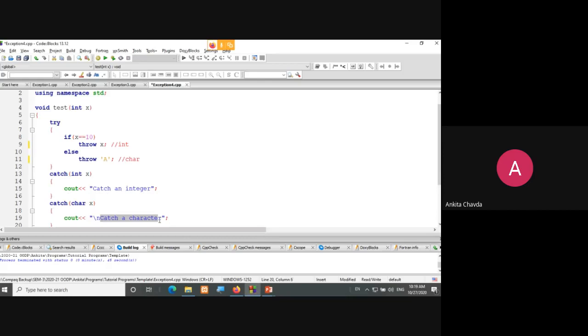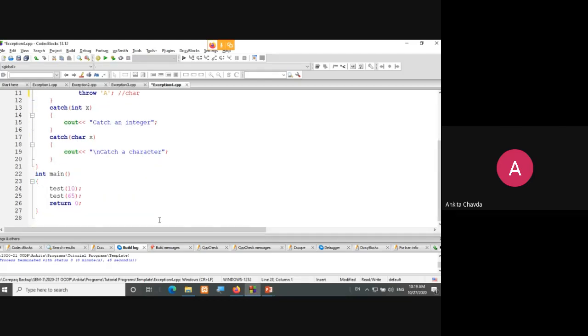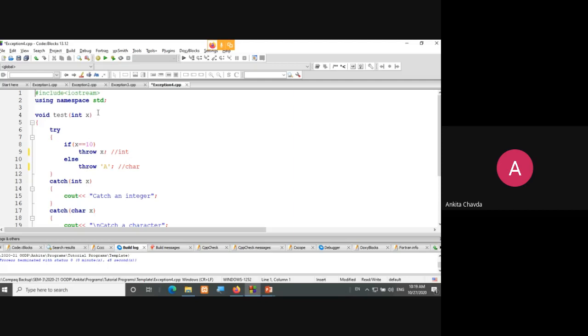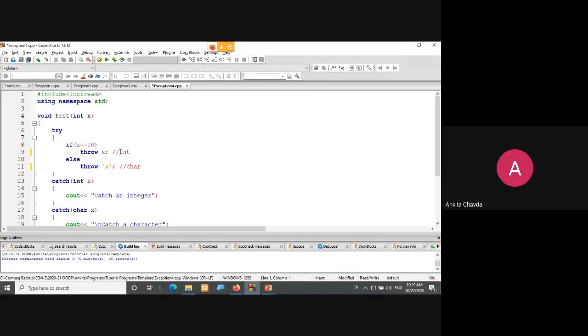This will be printed. So from int main, first time I'm giving test 10. Whenever I call my function with the value 10, it will check if x equals 10, then it will throw an integer kind of exception.